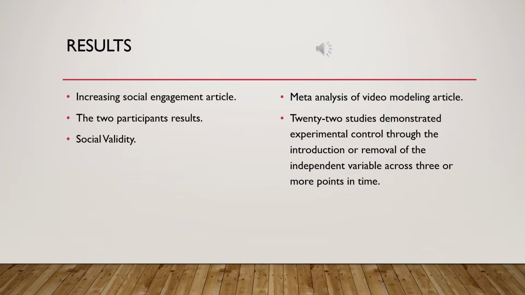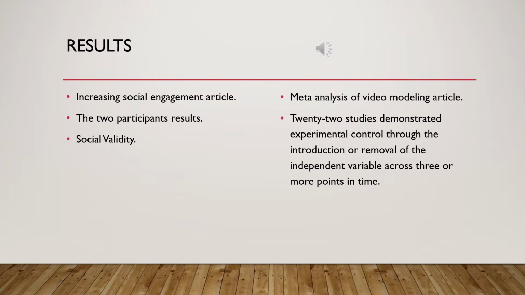So the second participant, we'll call him participant B, had a mean percentage of social engagement of 6% at baseline, and it reflected a flat trend. He exhibited a slight increase in social engagement on the last day of the baseline phase, so a little bit different than participant A. His percentage of social engagement then decreased to 0% during the first day of the intervention phase.